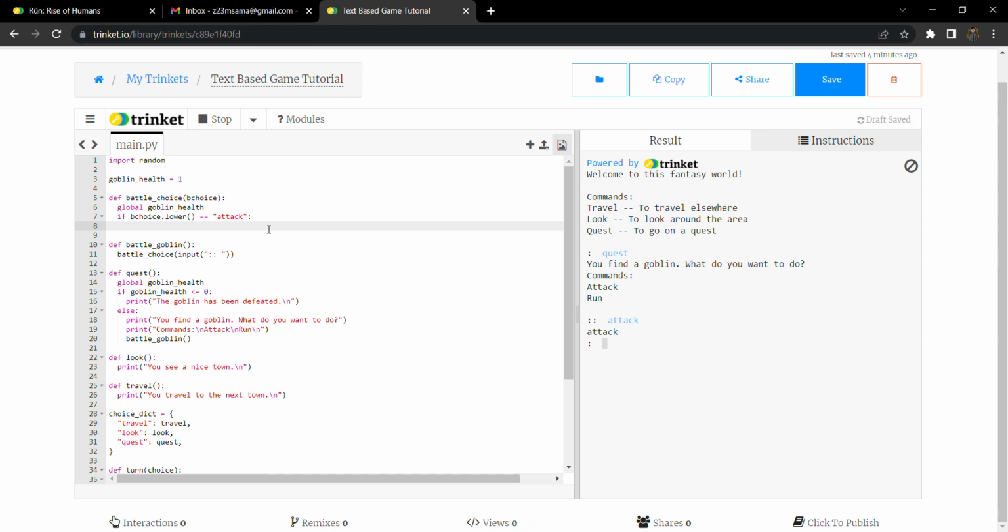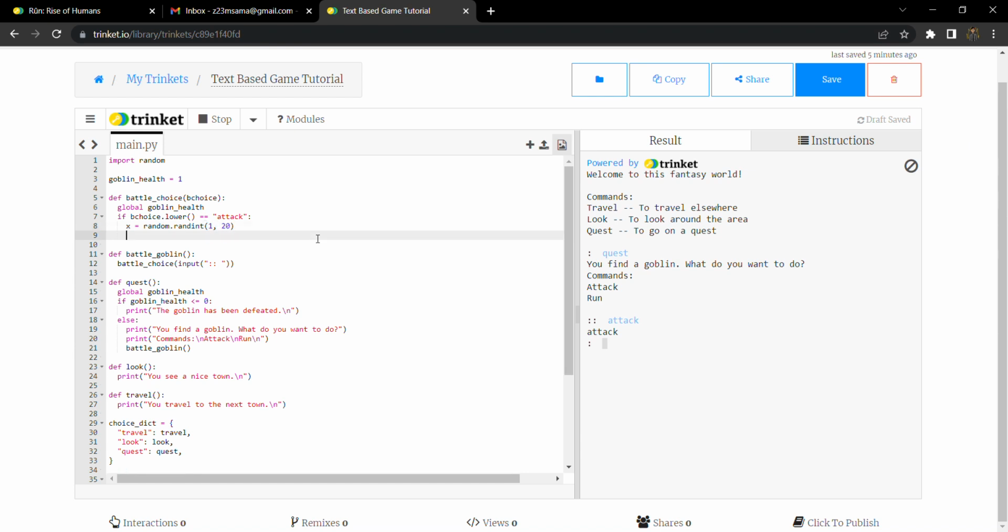So now finally we are going to be using the random library. We are going to do x is equal to random.randint. We have to select the range of numbers, so we are going to do 1 to 20. I am picking this range because that is the D&D standard range, basically. They roll a 20-sided dice. Of course, if you want to do that 100 or 5 or 10 or something else, you guys absolutely can, but